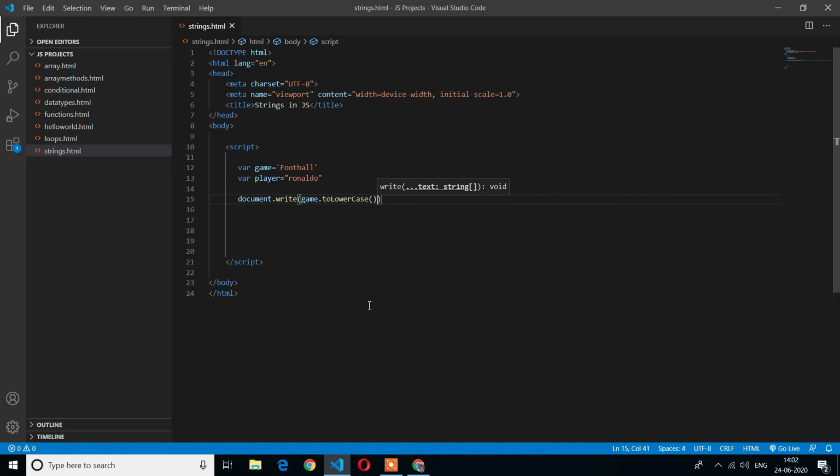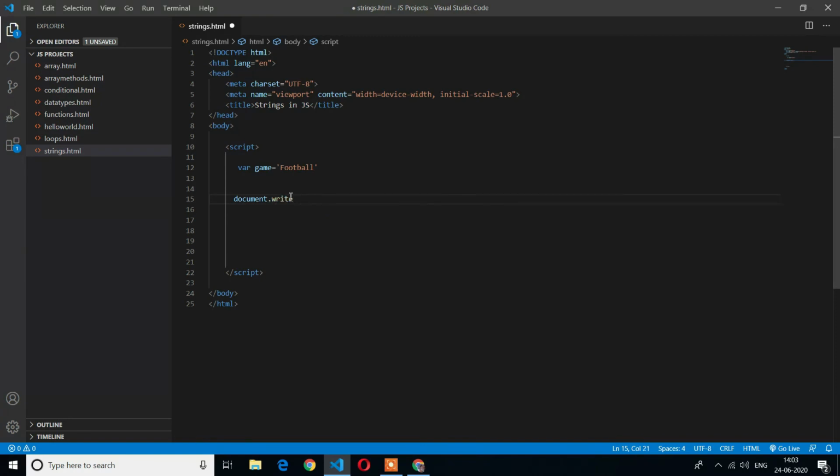So we have completed length of the string, charAt function or array index, toLowerCase and toUpperCase. Now we need to learn the most important function, finding the index using the element. As of now we have found the element using the index, but now we need to find the index by using the element. So I will remove this player. Now I want to find the index of t. Here you can see the index of t is 3, but we want to find this programmatically.